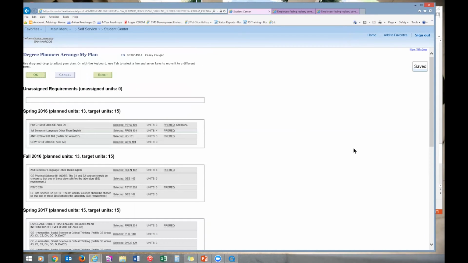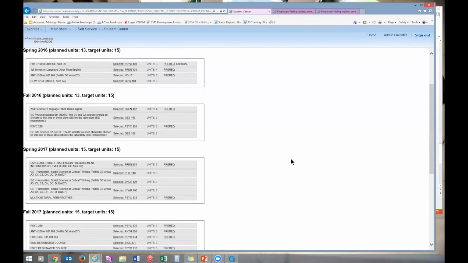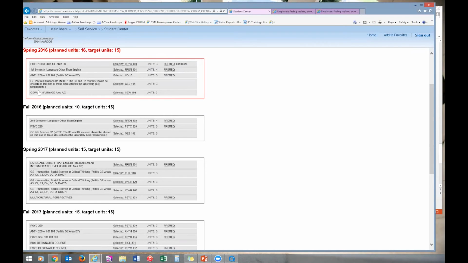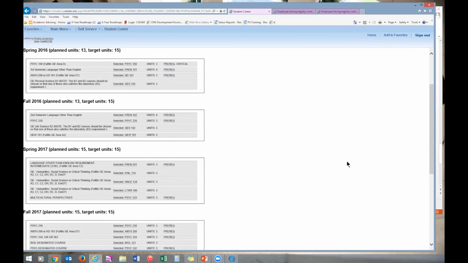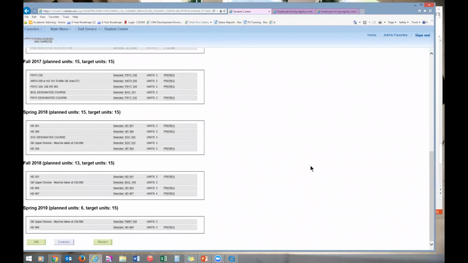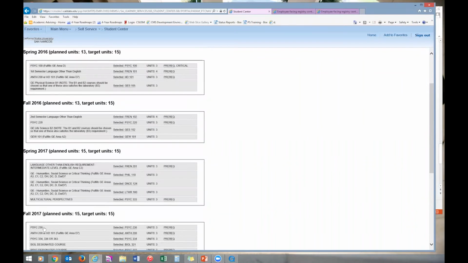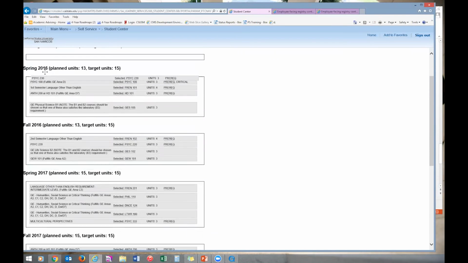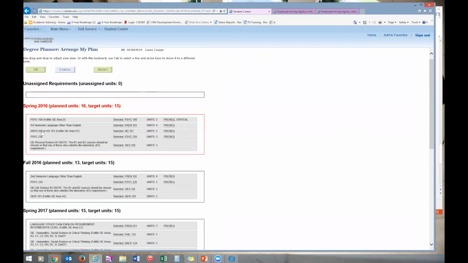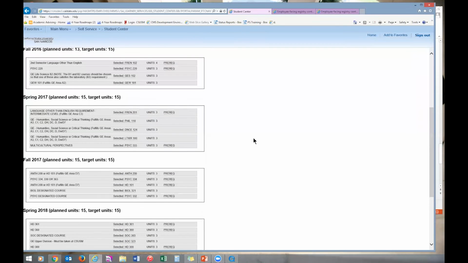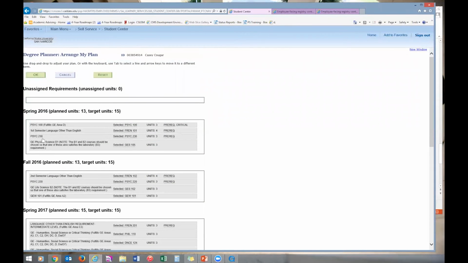Now remember, she had those 2 science courses in the same semester. Well, I don't know about you, but I don't think I'd like to take 2 science courses in one semester. So she can just go up here, drag it up there, pull that down there, and then she can hit OK. I also want to show you that if her buddies say, hey, take Psych 230 with me next semester, she drags it up, and then she says, you know what, I think I'll take this back down to this term, and now I'll take Psych 230 with my buddy. When she clicks OK,